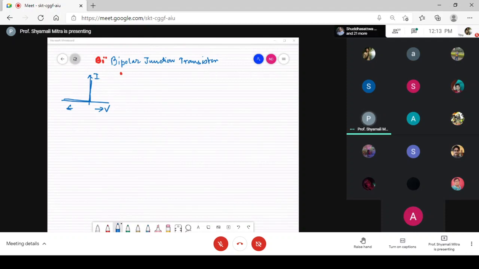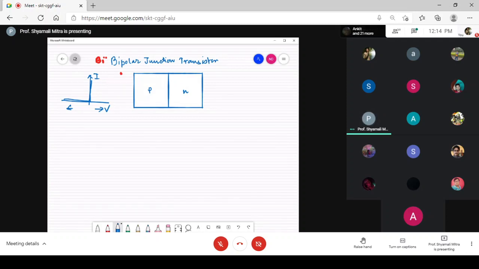Just a small recap of the whole thing. Let me draw a p-n junction once again, so that we could bring out the difference with adding another terminal, which is the case of the BJT, that is, the bipolar junction transistor. Let us try to draw that very quickly. So in case of a diode, this is the p side and this is the n side, where in the p side we are doping with the